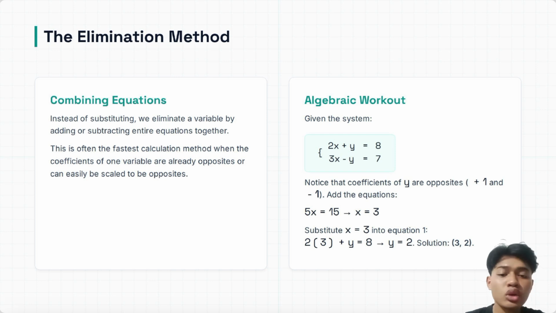Therefore, x = 3. So, we just need to substitute x = 3 into either given equation. So we get y = 2. So the solution is (3, 2). The elimination method is often the fastest method when the coefficients of one variable are already opposites or can easily be